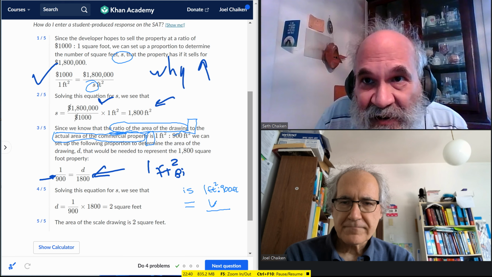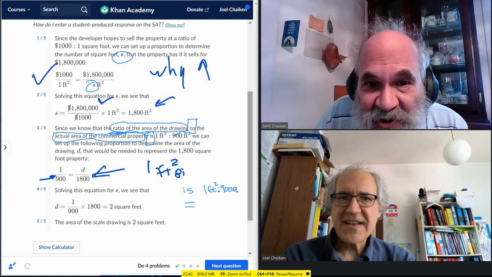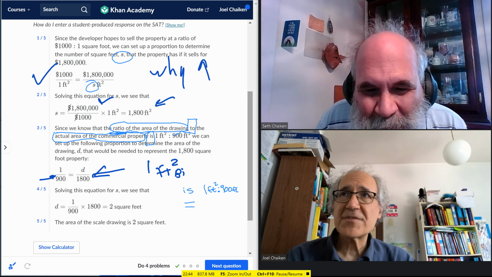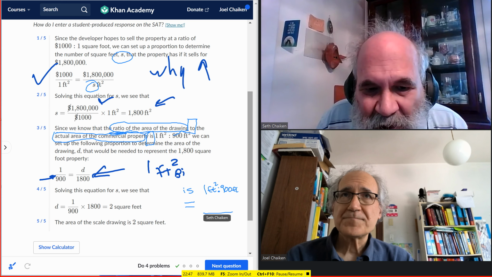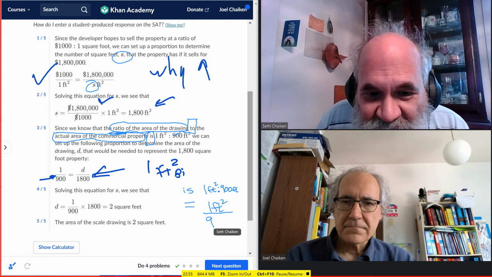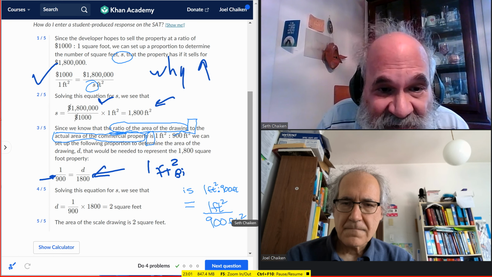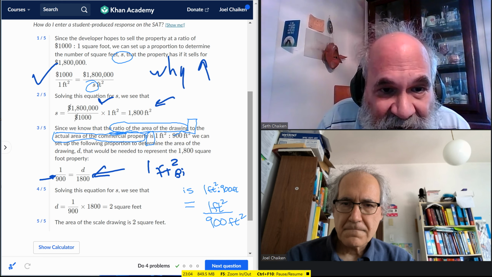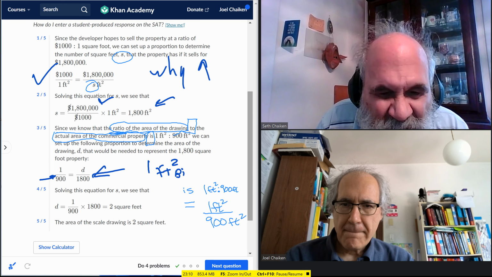It represents a ratio. It's a fraction. So 1 foot squared ratio to 900 foot squared. And then this is the ratio, this is the area ratio,